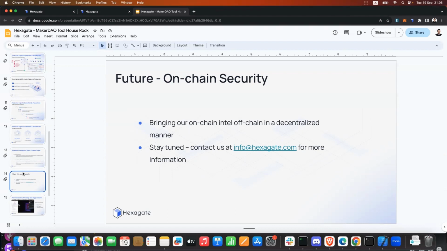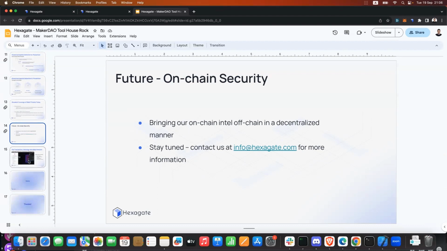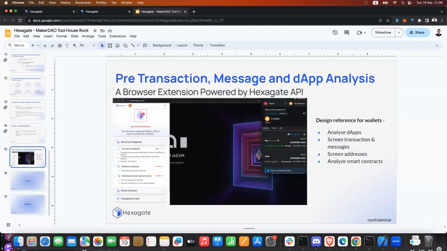So that's that. Now, before I go into the demo, one thing I won't demo because of the time that we have is our extension. As mentioned, we have an extension to do pre-transaction screening on any transaction that you make. This is just a small screenshot from the extension.